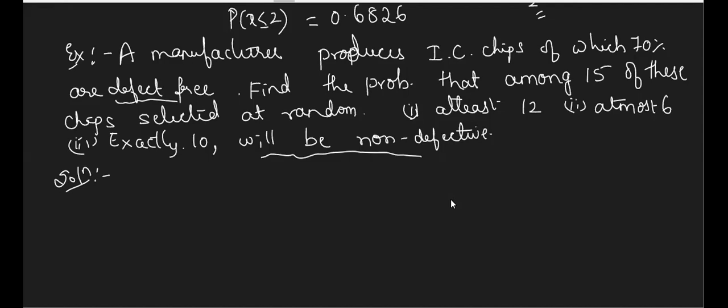It is not having any defective. Non-defective means the same. So here it is on the same issue. That means our P and Q are going to be the same throughout the problem, or are they going to change like the previous one? Throughout the problem, P and Q are the same, ma'am. Yes, P and Q are going to be the same. So read the question carefully. That will be the first instruction given. Now, what is N?